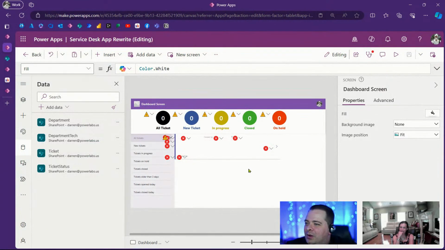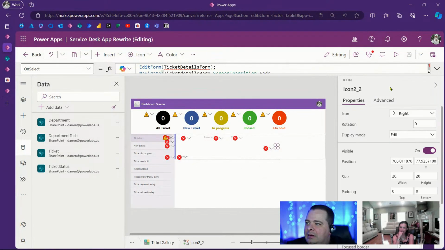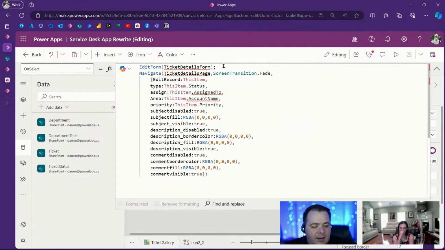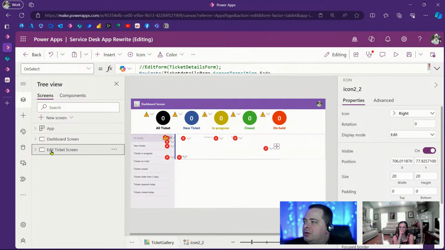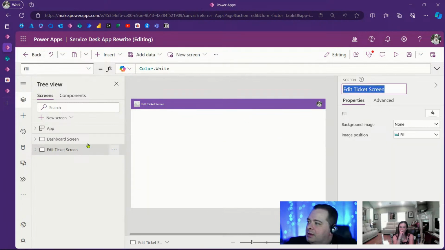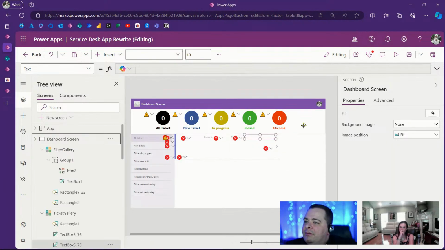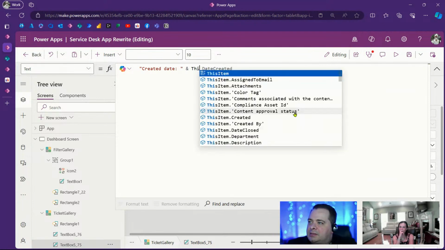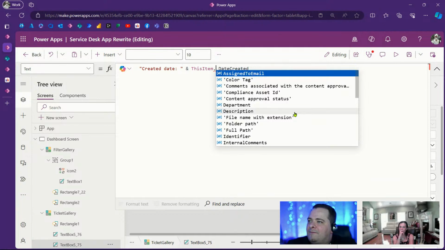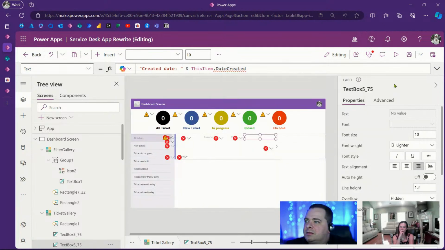All right, so we're gonna go back here, and we were going through here, and we're gonna comment out any of that. And I'm going to look at our screen names here. You know what I should do is I just grab the name of the screen so I can just paste it whenever I see a navigate. Oh, look at that. Let's put a space around those operators, and I'm going to say this item dot. There we go. Fixed. Oh, didn't like that. Date created